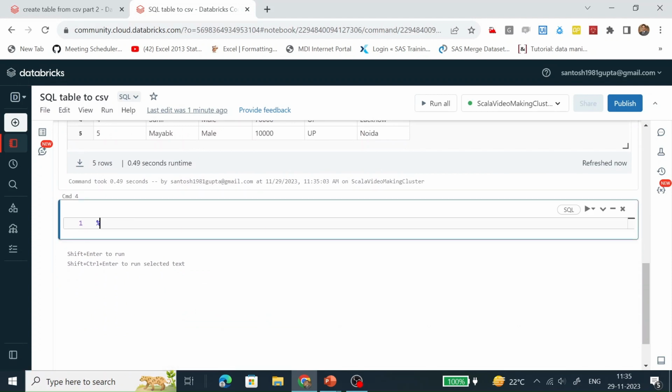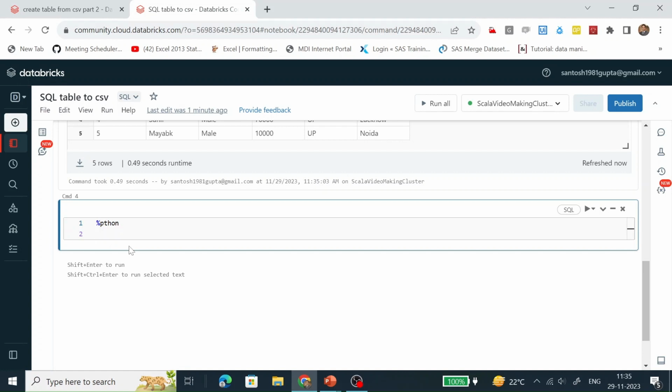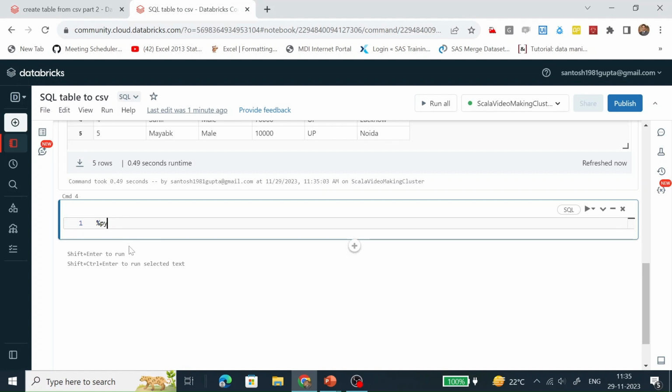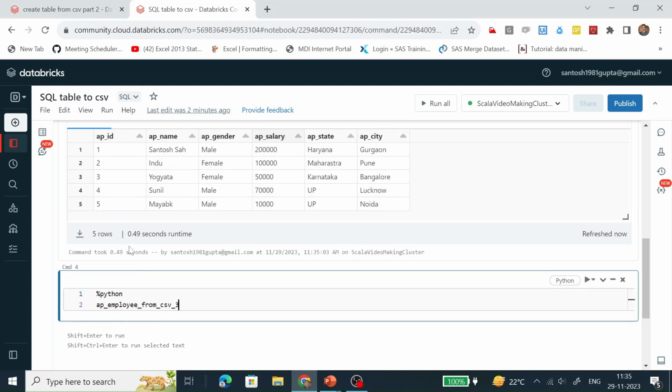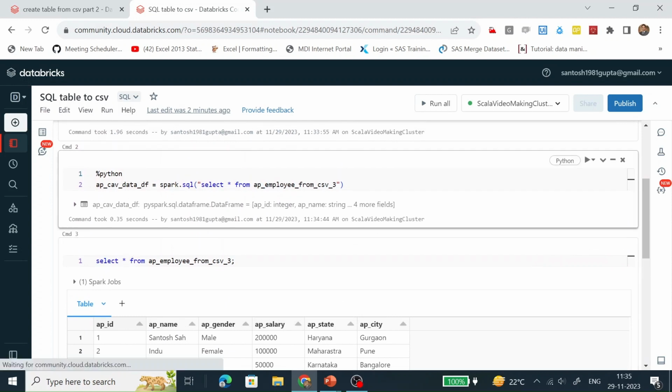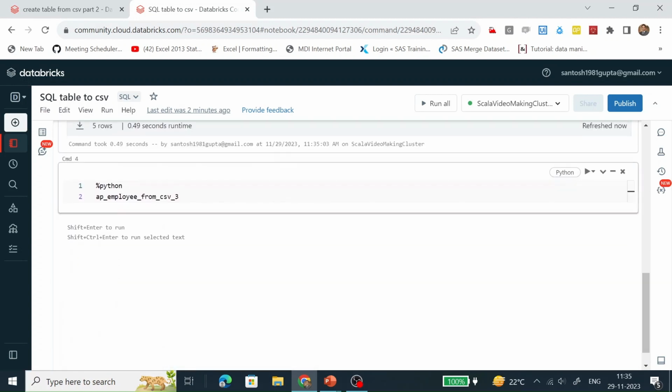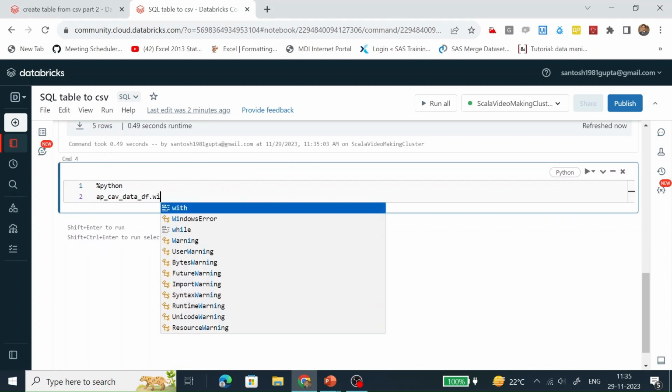First we need to write code in Python. So write is a Python function, and then, this is the data frame name. What is the data frame name? This is the data frame name. Just copy it. Here we have to use this write